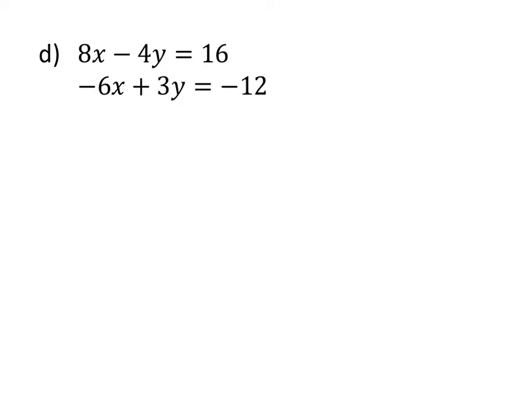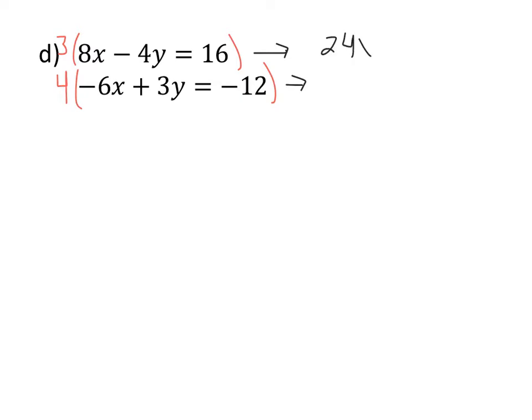So if I'm looking at 4 and 3, the least common multiple is 12. So I'm going to make those both 12. Well, I'm going to make the first equation -12 and the second +12. So to make -4 become -12, I'm going to multiply it by 3. And to make this +3y become a +12y, I'm going to multiply by 4. When we multiply, we get